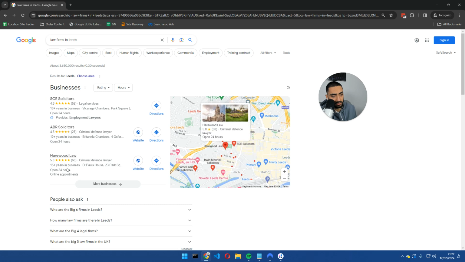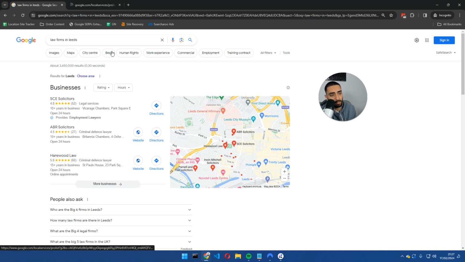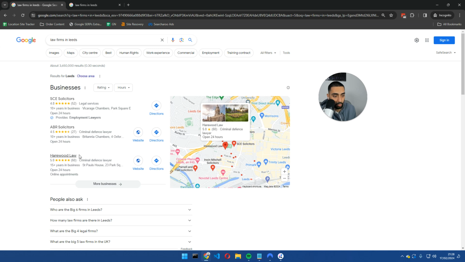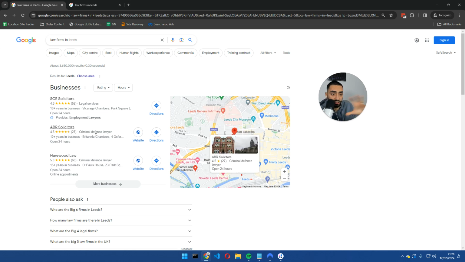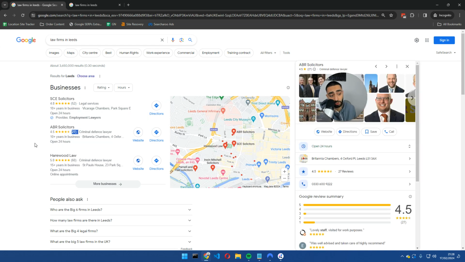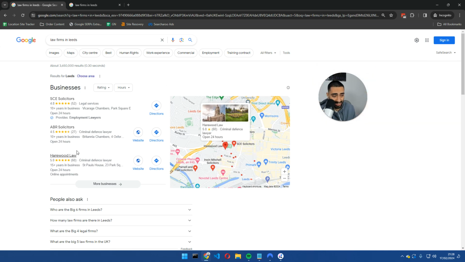As we can see, we've got the map pack here. I'm going to be showing you guys various different strategies. Strategy number one would be to go down the map pack. You've got SCE Solicitors, ABR Solicitors, and Harewood Law. For anybody searching law firms in Leeds, these three are probably going to get a lot of the inquiries, so you probably don't want to reach out to them because they already have a decent amount of inquiries. And not only that, they also have a decent amount of reviews as well,